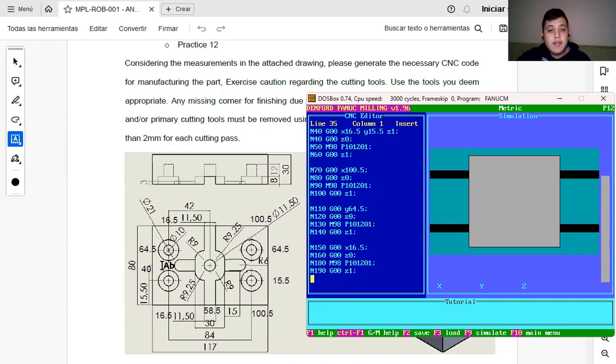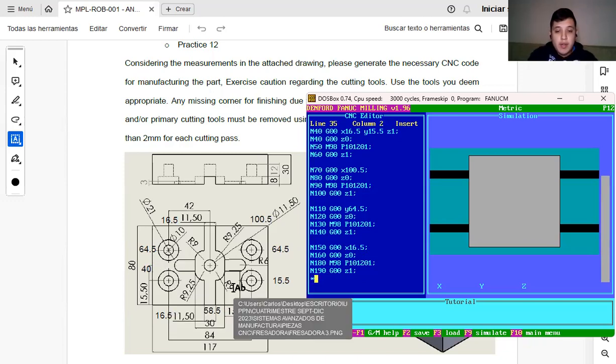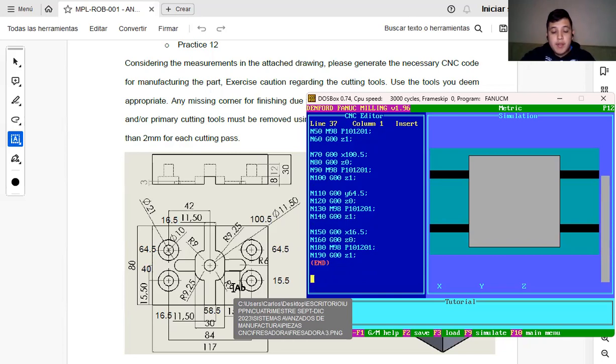We finish the circles of 10 of diameter, so we have to go in the same order, but now changing the tool. We have to first stop the machine,